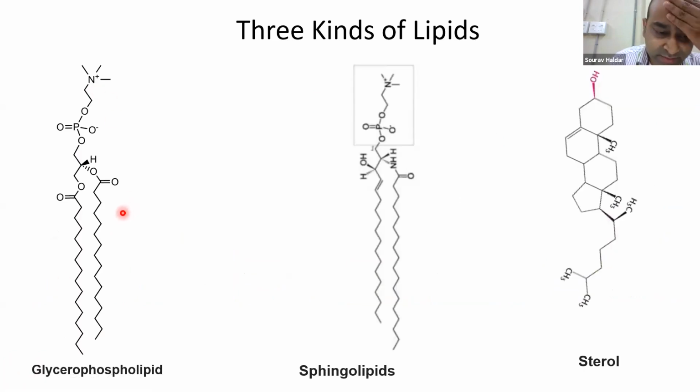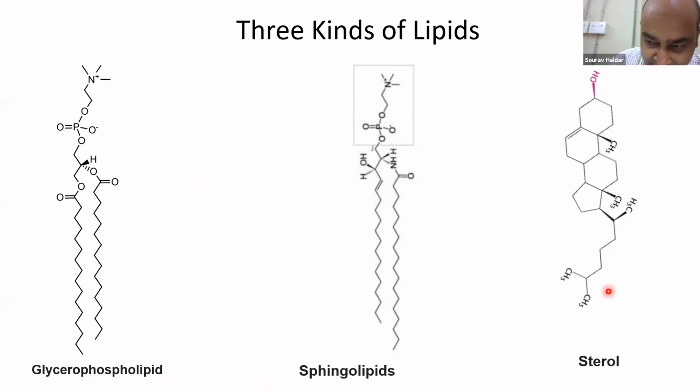All right, just to give you a basic idea about the lipid structures, as I already mentioned, the glycerophospholipid is based on the ester linkage between the glycerol and the fatty acid. In case of sphingolipid, this is a sphingosine moiety which already has a fatty acid chain associated with it, so it's just another fatty acid attached to it with an amide linkage, of course. So these are two major structural differences between glycerophospholipid and sphingolipid.